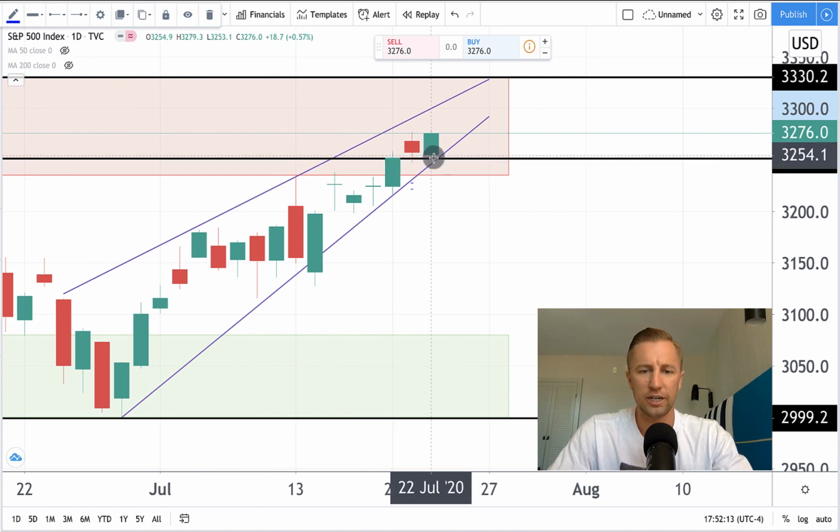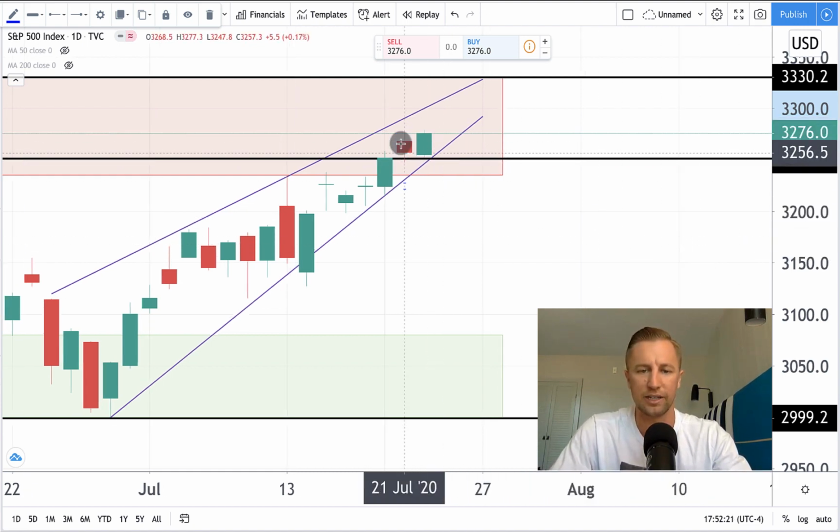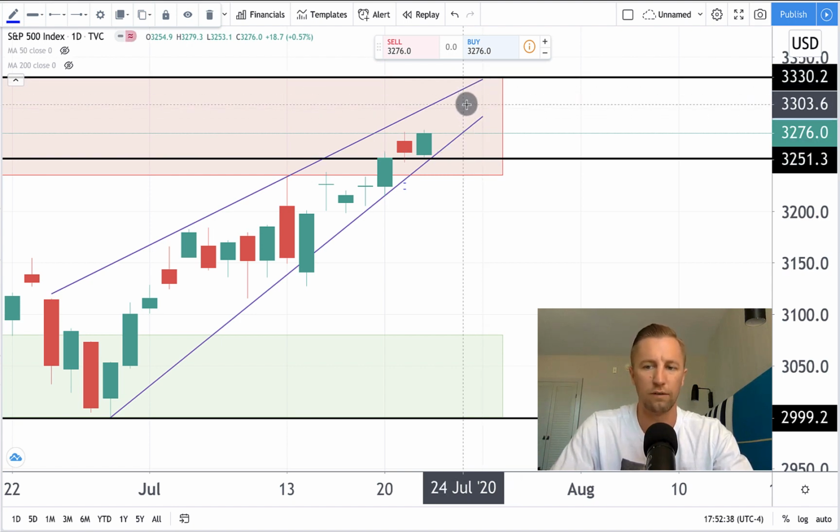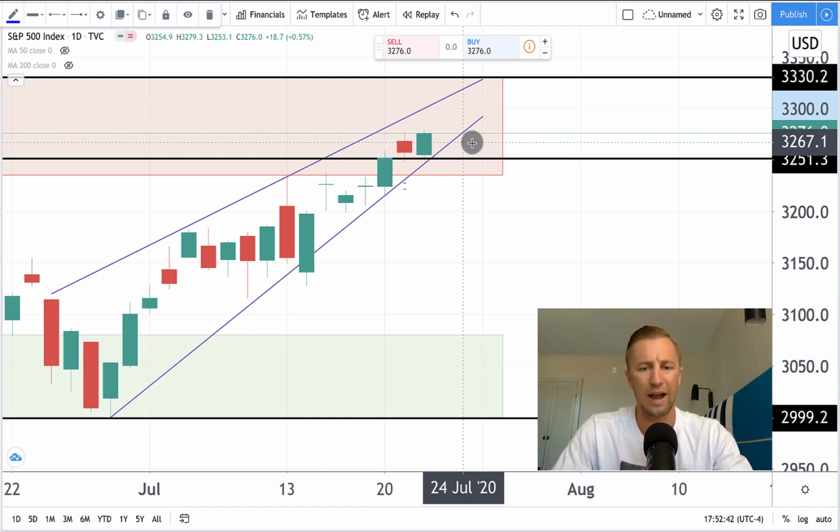Today's price action: gap down. However, it did move up and down throughout the day. Very volatile and choppy price action. However, if you look at these candles that took place, one, you had this gap up and then pull back, and then today's price action, gap down and close above it, pretty much engulfing the entire candle. This does make it seem like the price wants to move higher and eventually try to get through this window of the 3330. This is not the type of market that I would be shorting into at this particular point